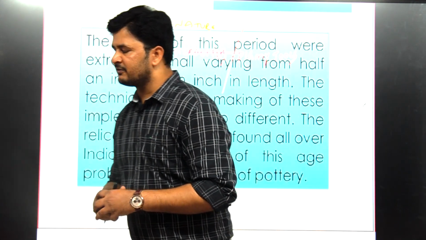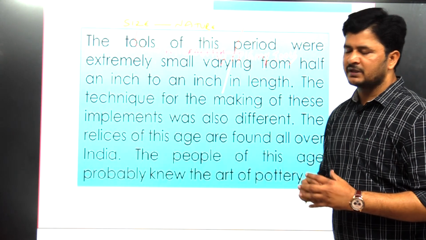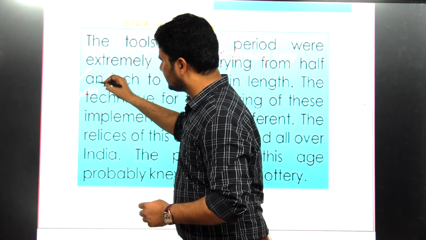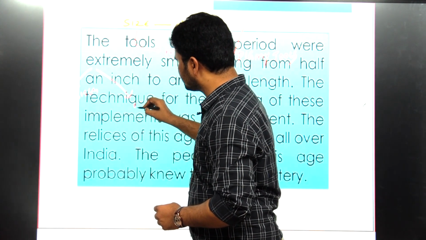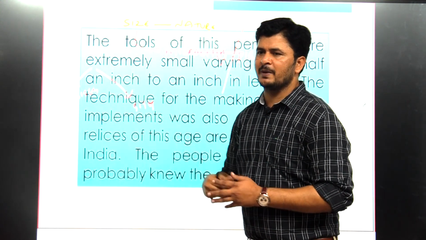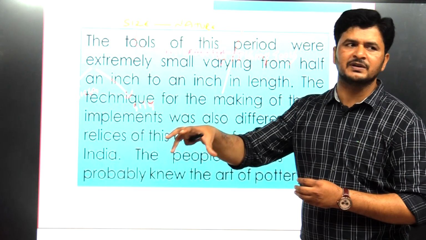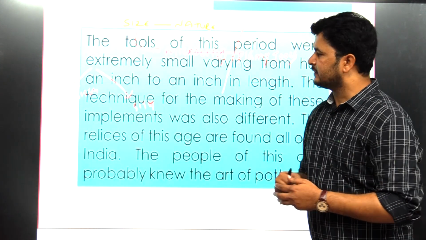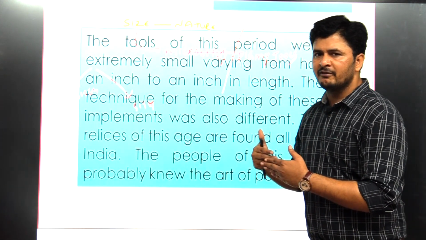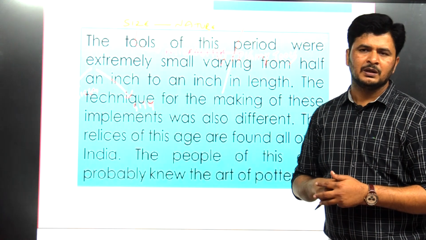Another important aspect of Mesolithic cultures, when we understand the differences between the sites of Paleolithic cultures and the sites of Mesolithic cultures. As we referred, one or two important sites of Paleolithic cultures, maximum sites of Paleolithic cultures were located on the banks of rivers. Then how about sites of Mesolithic cultures onwards? We found them away from river valleys, away from river banks. Reason being,